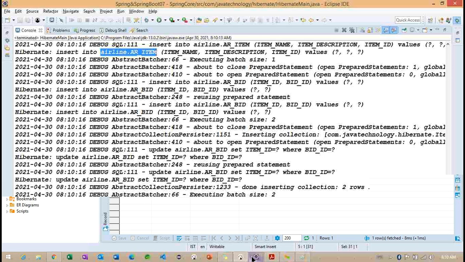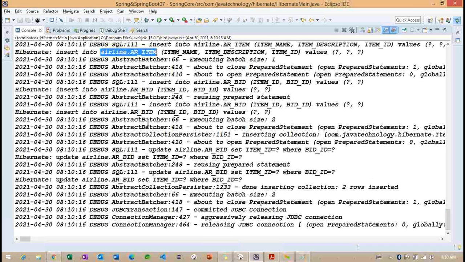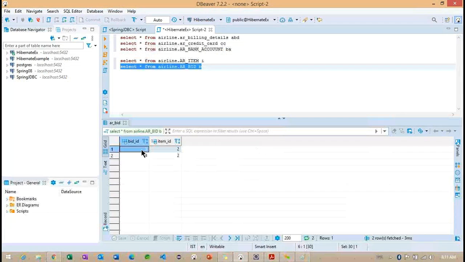How we are having the relation here, because item ID is only 2 here, but bit records we are having 3 and 4. Getting the point. So bit we are having 3 and 4 here, but item we are having the same here. So whenever we run with the bit records, we are able to see the item here.